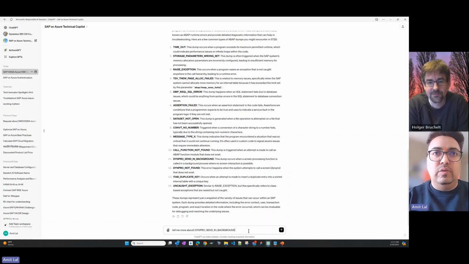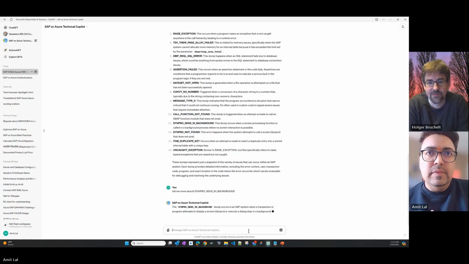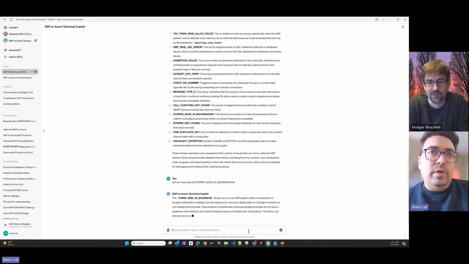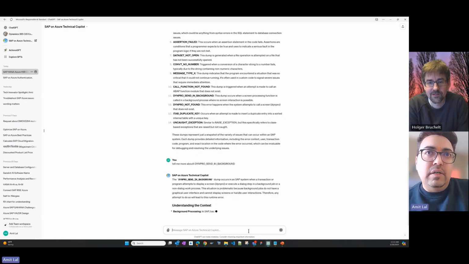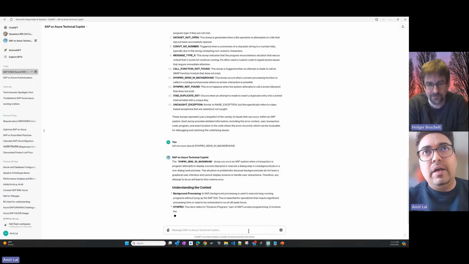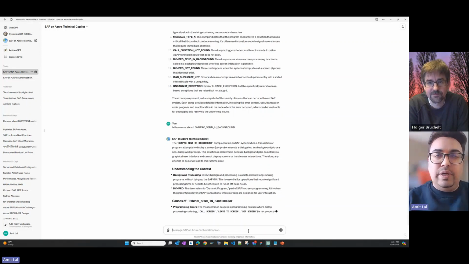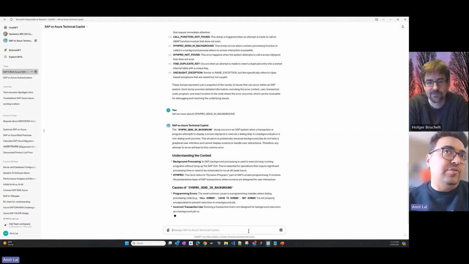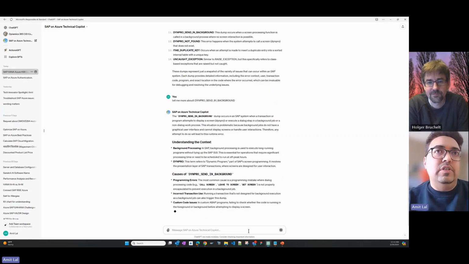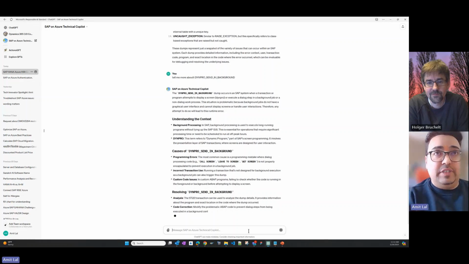Let's say, in this case, more about a dump processed in the background, right? This is a very common RFP error. It will explain what the background is and what actually caused these kinds of dumps. So it's more of an educational plus helping tool, sitting next to you, that you can call whenever you see production issues or a sandbox spinning up, and it's focused on SAP on Azure specifically.